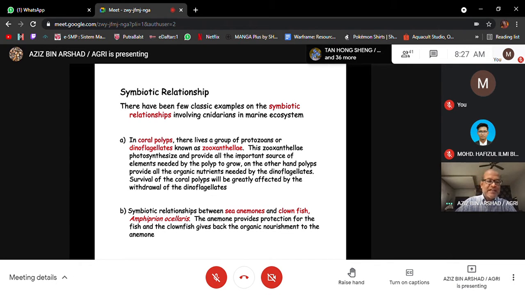Okay. Secondly is another important symbiotic relationship that you see between clownfish and the anemone. Clownfish and anemone seem to be enjoying the symbiotic relationship. Clownfish is Amphiprion ocellaris, the common one, Nemo that you see in the Disney film. And